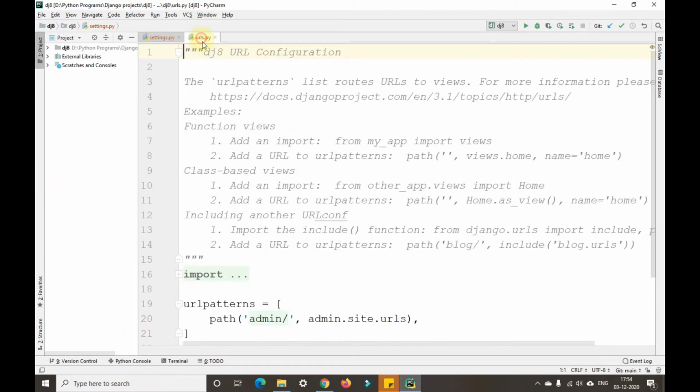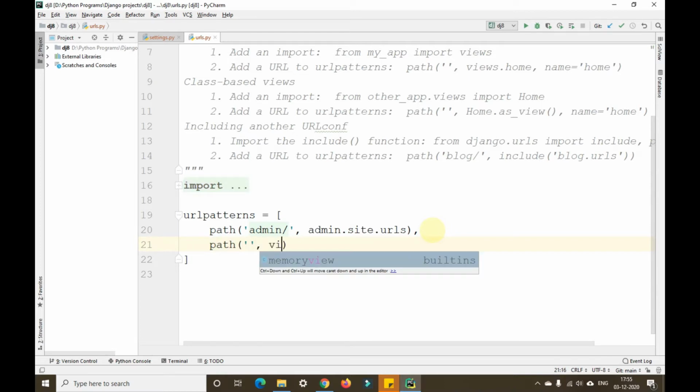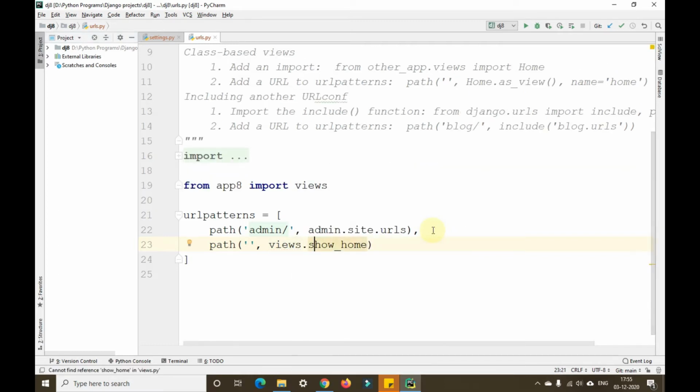Now I'll go back to urls.py here and create a path, empty path, followed by comma, views.showHome here. Okay, now we'll import views here, alt enter, import this name, app8.views, show home, alt enter, create function show home in module views.py.